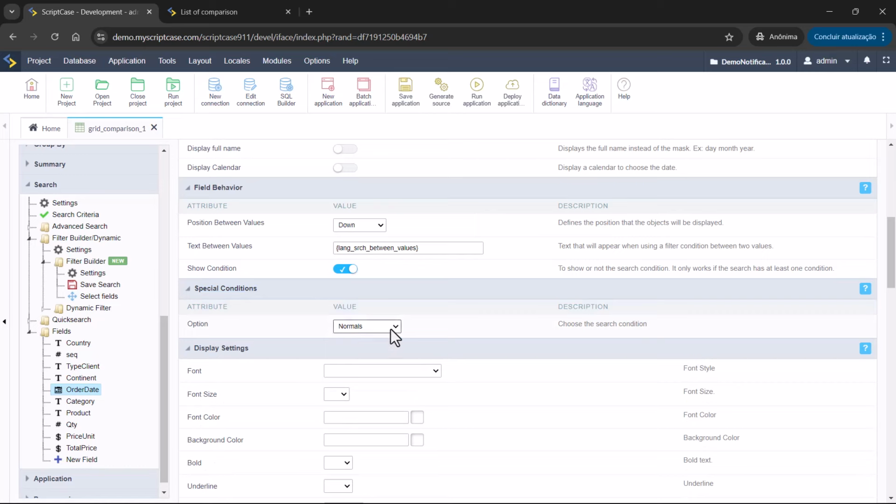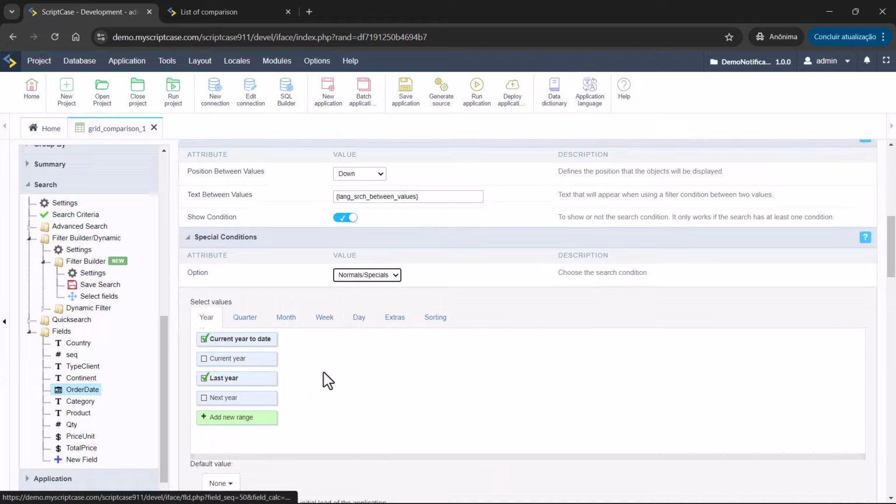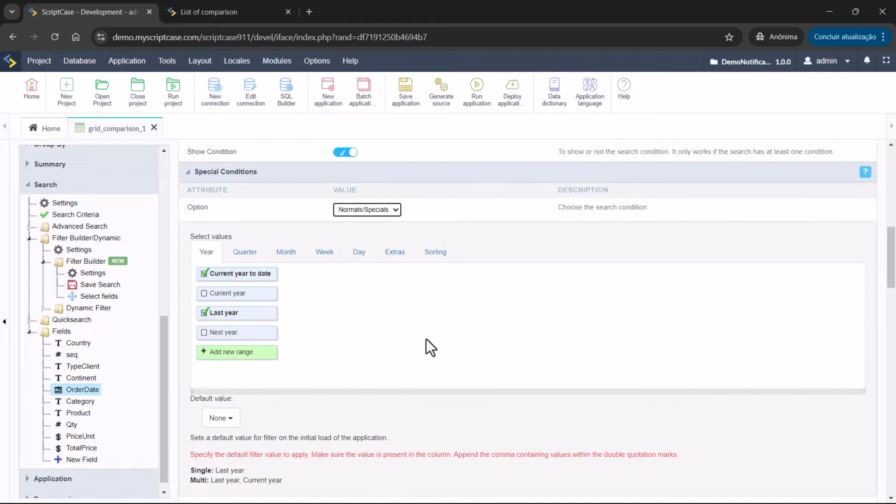So we are using normals, which are the ones we select here inside search criteria. If you select more, for example, normals and specials, then you are able to create your own conditions. Then you have here options already created by Scriptcase that you can only select if you want to use, okay? Or you can also add ranges to your conditions. So this is also very powerful.